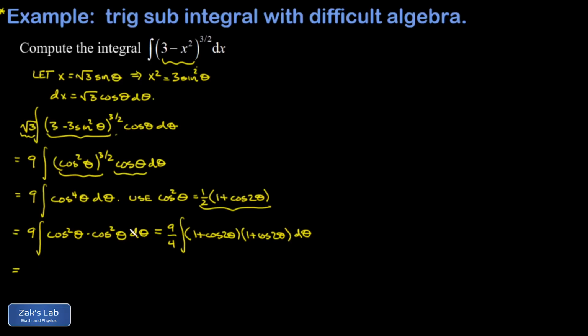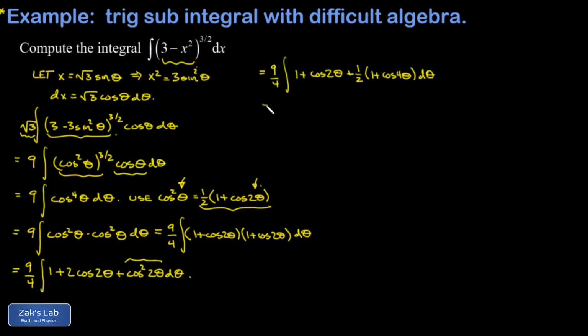Now I need to expand this. And now my integrand is 1 plus 2 cosine 2 theta plus cosine squared of 2 theta. Again, the square of the cosine is a problematic term, and we're going to handle it by applying the same identity. This time, the cosine squared of 2 theta means our identity produces a 4 theta at the end. I can clean things up a little bit in the integrand when I distribute the 1/2. I end up with a 1/2 that can be combined with the 1 out in front. That gives me a 3/2. So I have 9/4 times the integral of 3/2 plus 2 cosine 2 theta, plus 1/2 cosine 4 theta